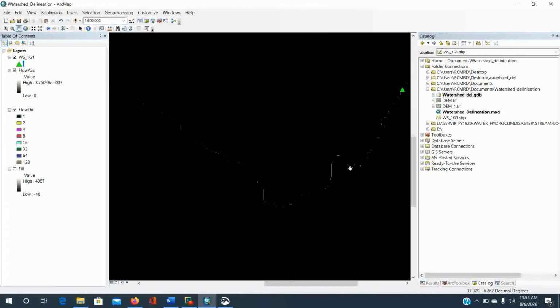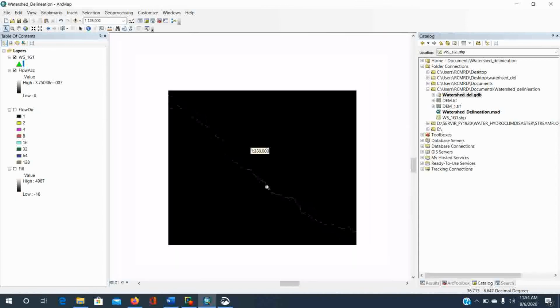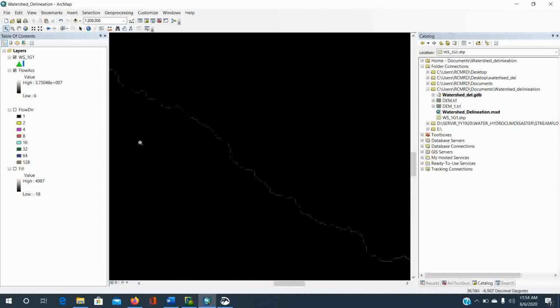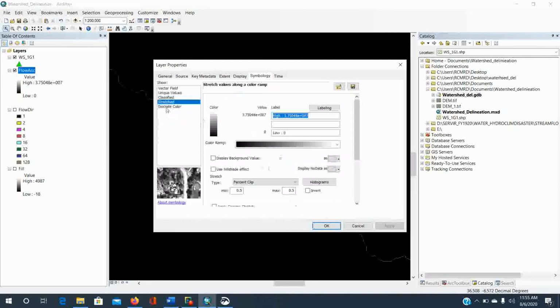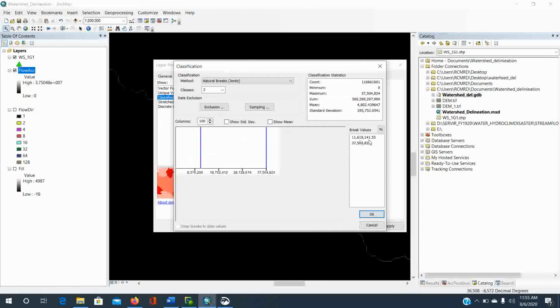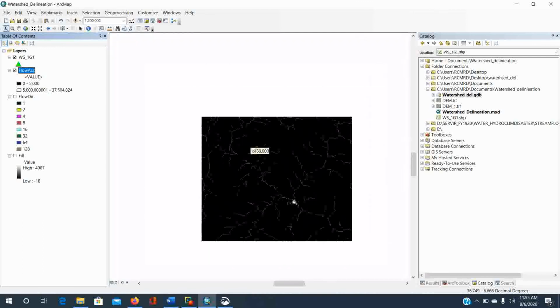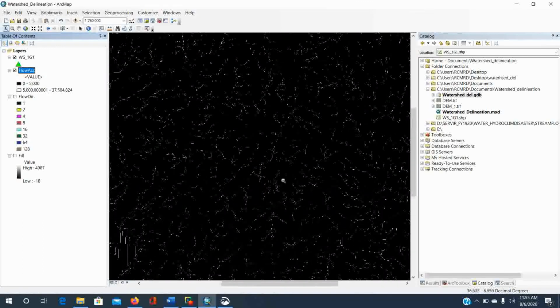The tool completes successfully. You can inspect the output or the results of the flow accumulation by zooming in. To improve the visualization of the results, you can change the symbology from the properties menu. You classify into two classes, and you define the intervals. So we'll pick 5,000, then we'll leave the other class as is. As you can see, it's a little bit easier